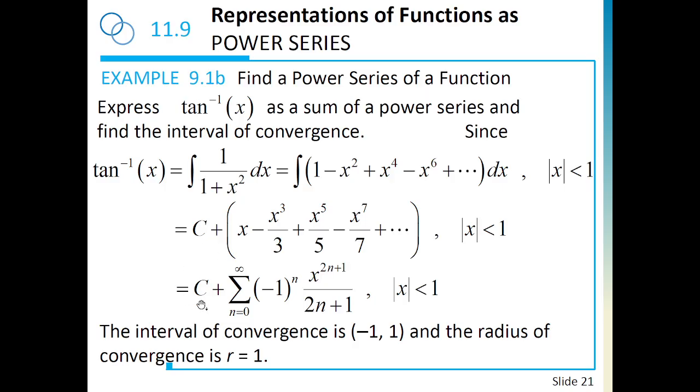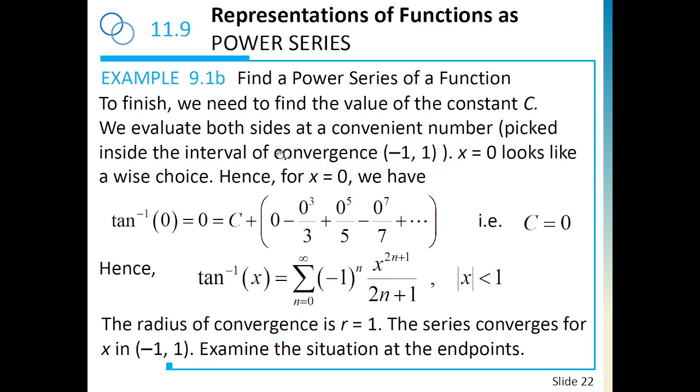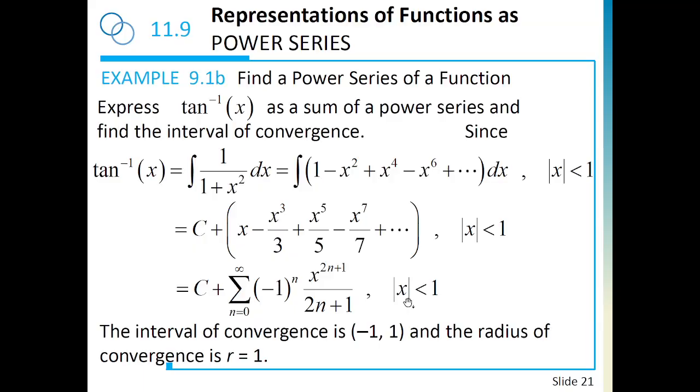We need to find a value for this one. So we know that tan inverse is equal to this expression here for any value of x between -1 and 1. So the interval of convergence for now is (-1, 1). Radius is 1, obviously. And we need to find the value of c, sorry, the value of the constant. So that's important. That means this equality is true for any value of x between -1 and 1. So we could pick any value of x and plug it here and plug it here in order to find a number on this side equal to c plus another number here,